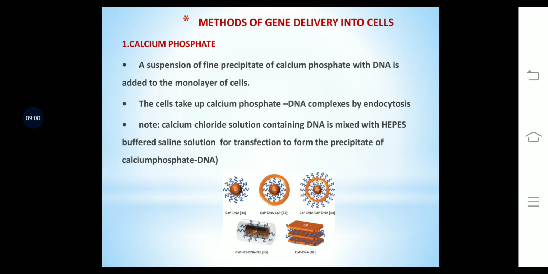Next technique is electroporation. The term itself says that using electric pulses we are trying to create transient pores. That is why the name electroporation. Here cells are mixed with DNA and placed in a small chamber with electrodes which is connected to the power supply. A brief electric pulse is applied. Before the pulse the cell membrane is perfect, it is complete. Then when you apply the electric pulse, small transient pores are created at many places, through which the DNA passes. And after the pulse the membrane is sealed again. So these are the 4 methods which are commonly used to introduce DNA into animal cells.